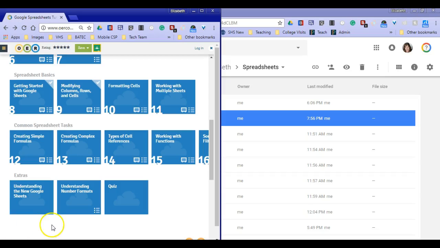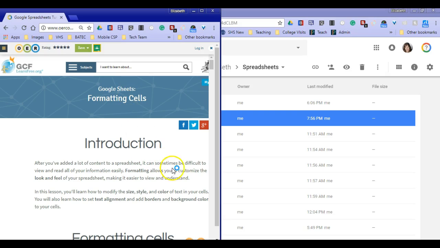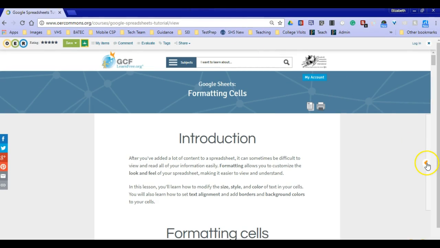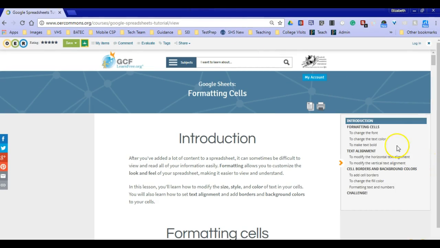We're moving along to lesson 10, which is formatting cells. So I'm going to click on the lesson, and again, it follows the same format. I'm going to open this up so I can see all the things that I'm going to learn about formatting: how to change the font, how to change the text color, how to make text bold, how to align